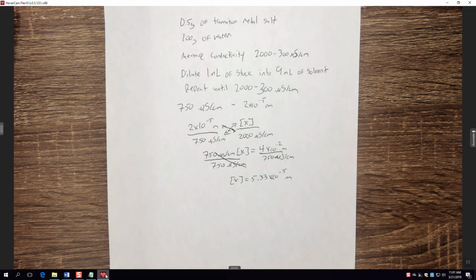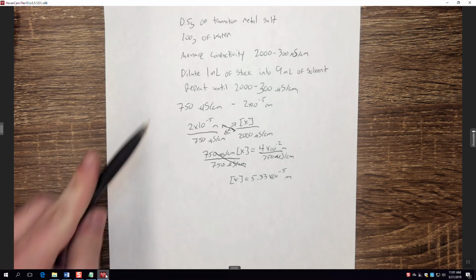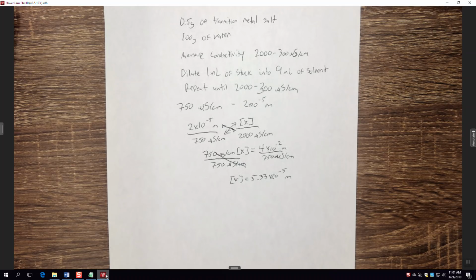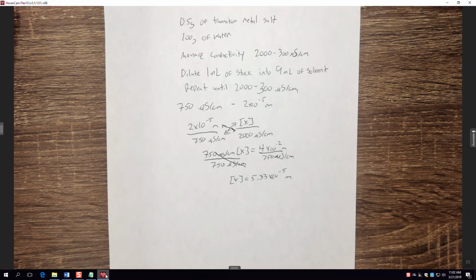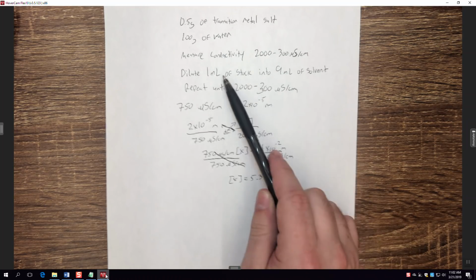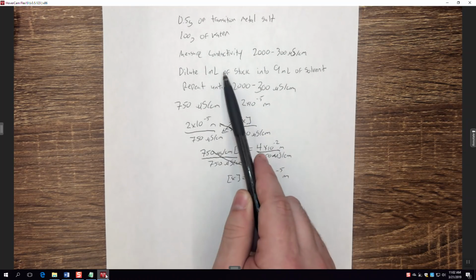One thing I want to point out is that this solution is not going to just be used by your group. It will also be used by the spectroscopy people in their portion of the experiment. I told them the exact same thing, so that you'll both have this stock solution to use. The good news is that you're each only going to need 1 milliliter of that stock solution